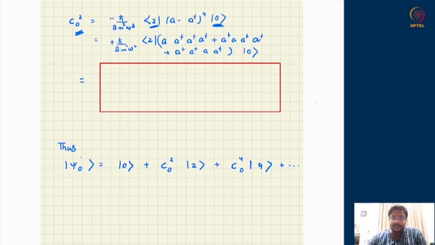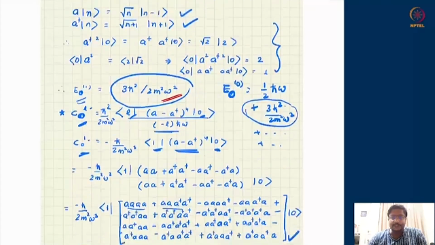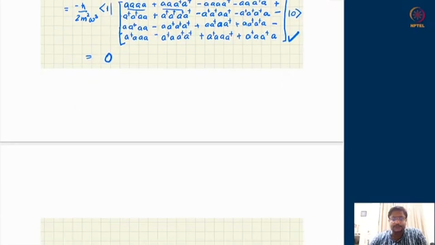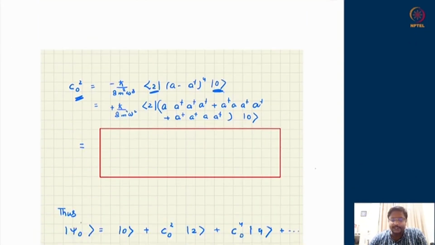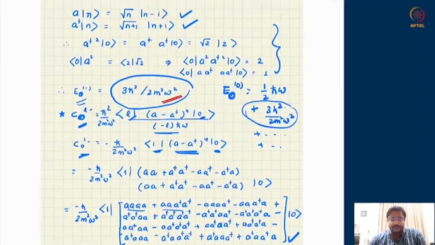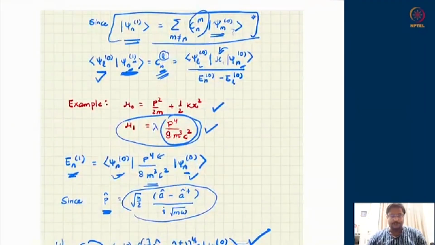So let us resume our discussion in the time-independent perturbation theory regime, where in the previous class we learned that if there is a perturbation Hamiltonian which is correcting the description of the Hamiltonian we are discussing, then both the eigenvalues as well as the eigenfunctions change as a function of the parameter which comes with the Hamiltonian. So with the lambda parameter which appears as a correction, the wave function as well as the eigenvalue of the energy gets corrected as a function of lambda,